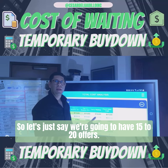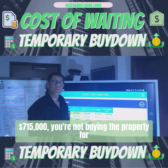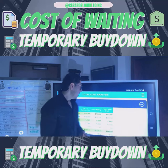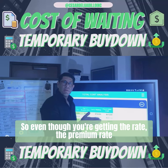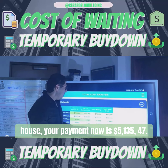So let's just say we're going to have 15 to 20 offers. Now you're not buying the property for $715. You're not buying the property for $615 at a price adjustment negotiating. Now you're buying it probably at $750 or more. In this scenario, it's $750. So even though you're getting the premium rate at 4.4, if you're able to compete and get this house, your payment now is